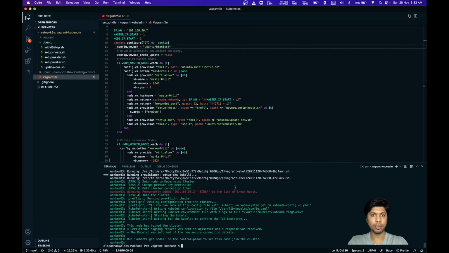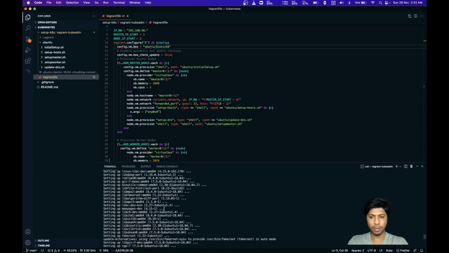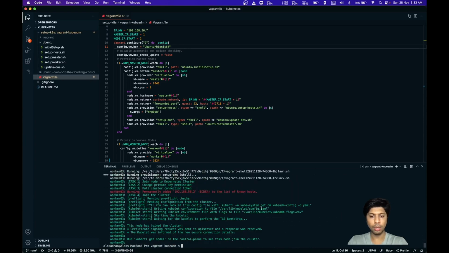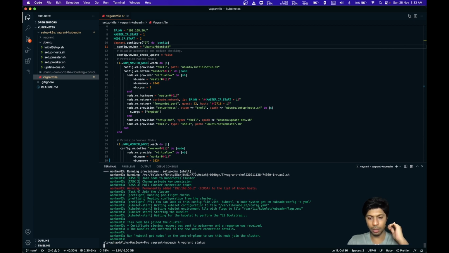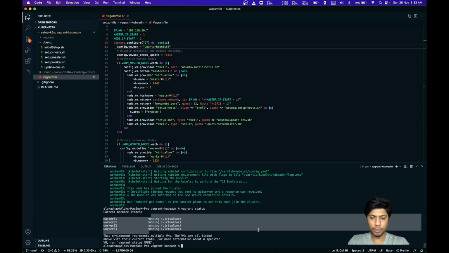So the script just now finished. I see worker 3 installed. Before this, worker 2, worker 1 and master 01 all are installed. Just to verify whether the setup is done correctly or not, you can see vagrant status. If the machines are in running state, then we can see that the machines are up properly, and then we'll validate if the Kubernetes cluster is also working fluently. We see all the 4 machines are running correctly.